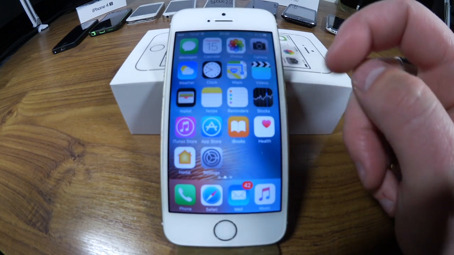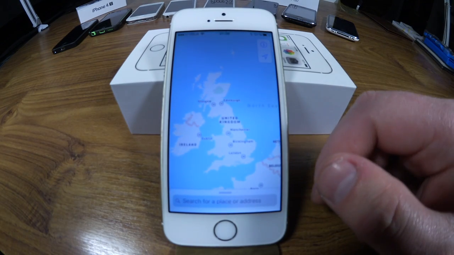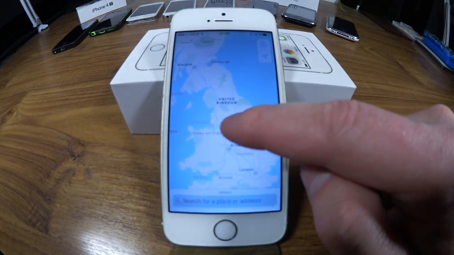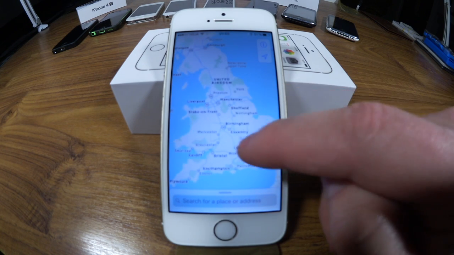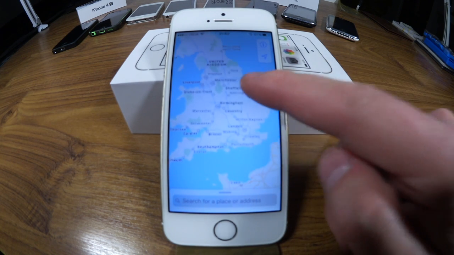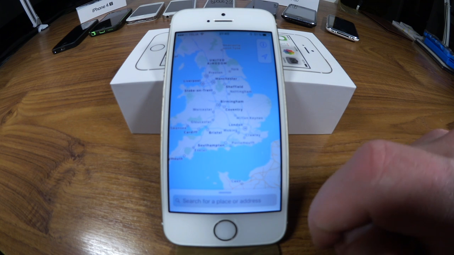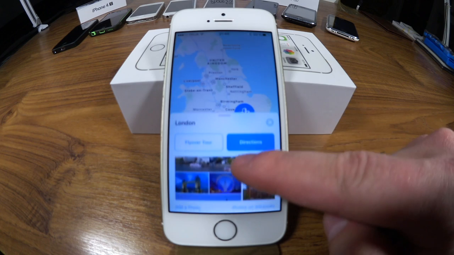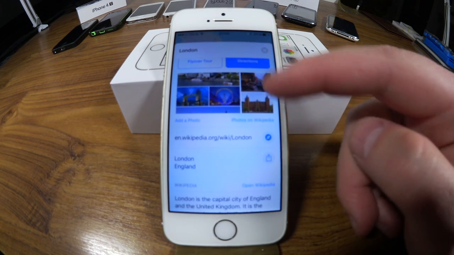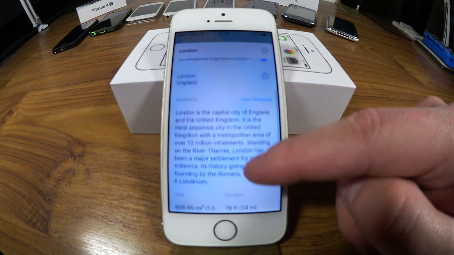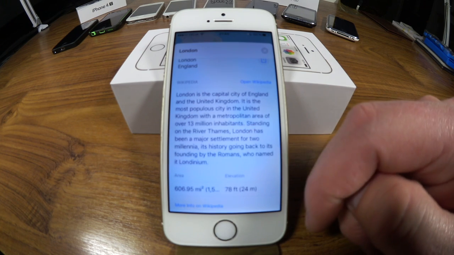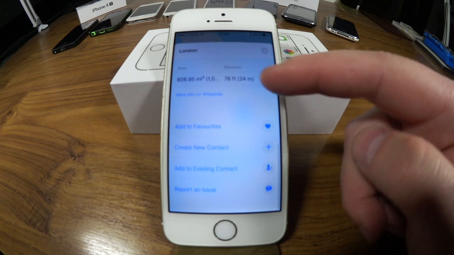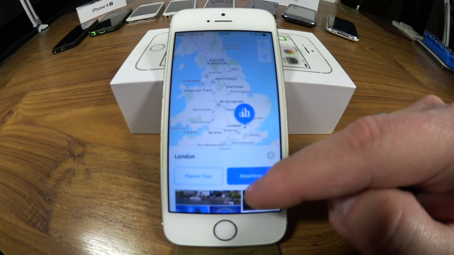clock application right there. The maps, I'm not going to go through all of this. I'm just going to go ahead and show you that there have been some changes right here. I can tap on a city, for example, London. Something shows up, and I can go ahead and see information about London right here. There is some information from Wikipedia. I can actually see the area, elevation. I can see a lot of stuff here. So that's just some information about